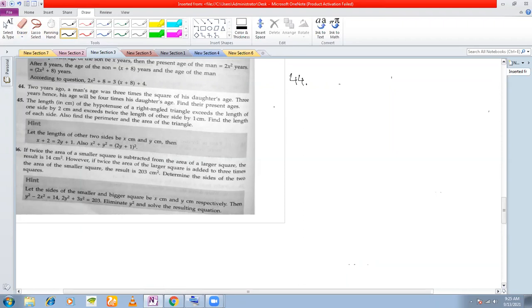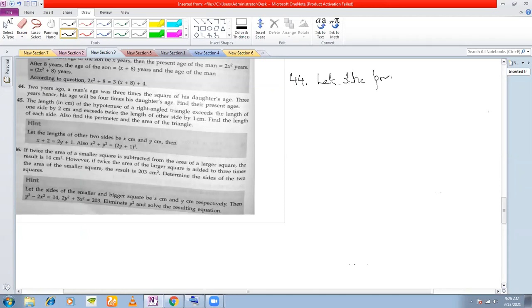Okay. So for number 44, 2 years ago, a man's age was 3 times the square of his daughter's age. 3 years hence, that means after 3 years from now, his age will be 4 times his daughter's age. Find the present ages. So I say let